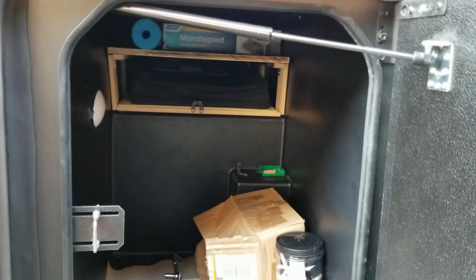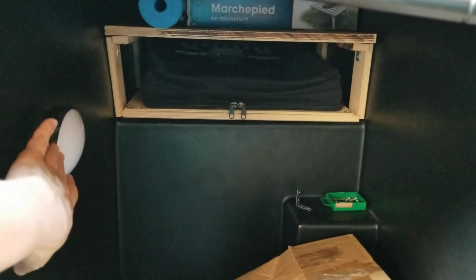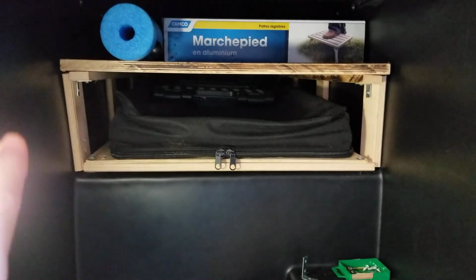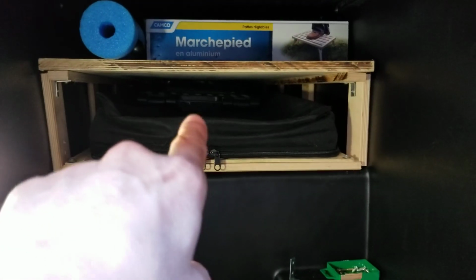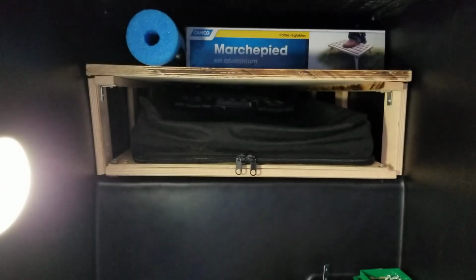As you can see, this is one of the basement storage compartments. And this right here, let's see if I could just point it with my finger. This right here is a little box to be able to put in the ladder. Because what was happening was the top part, that right there, if you put anything too far in there, like the ladder, it will interfere with a slide out mechanism, and I'll show you